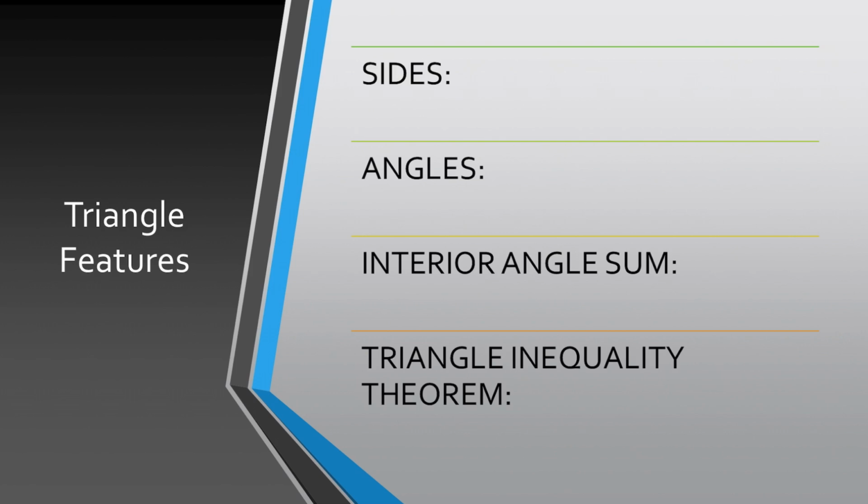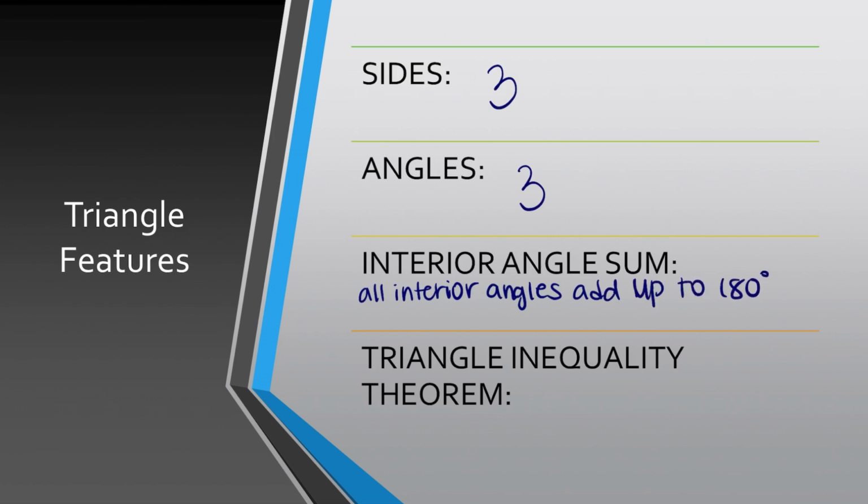And then there's different features of all triangles. So there's three sides, obviously. There's three angles. Another big thing is the interior angle sum, try to say that 5 times fast, which means that all interior angles, so all the angles on the inside, add up to 180 degrees. And this is a super useful fact, at least in Euclidean geometry, which is the one that we're using,